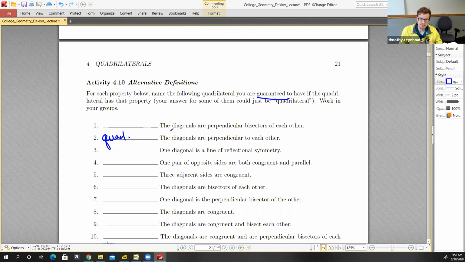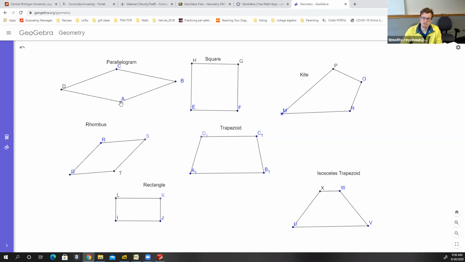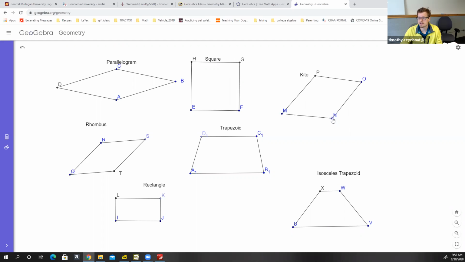So then a little bit of refinement here. The diagonals are perpendicular bisectors of each other. Well, if we try very carefully here with the parallelogram, if we change it so that it looks like they have perpendicular bisectors, square, change it a little bit, perpendicular bisector. If we change the kite to have a perpendicular bisector, that looks about right. If we have a perpendicular bisector, which can happen in all four of these cases, because it'll always be true on a rhombus,